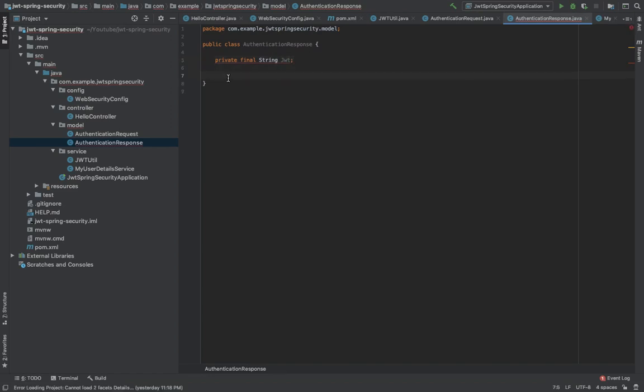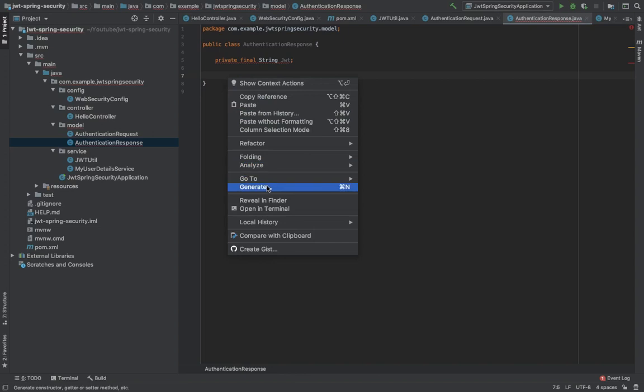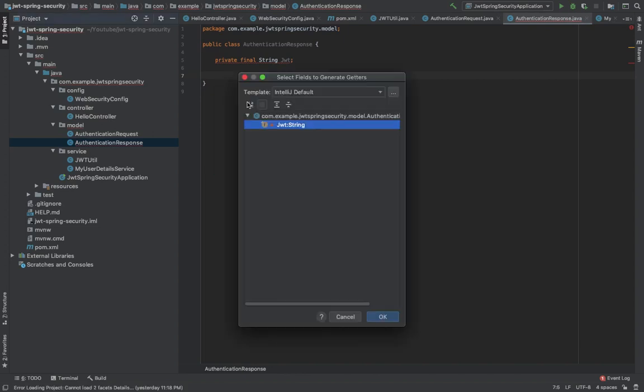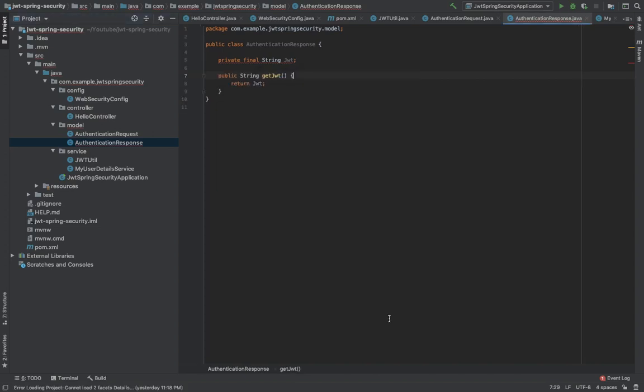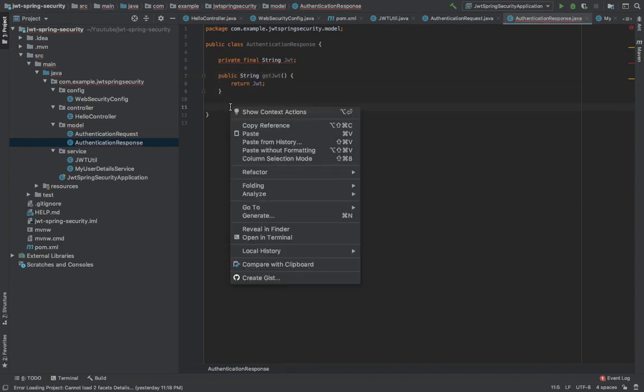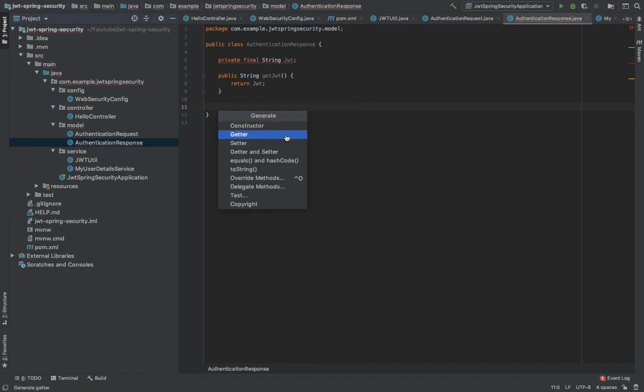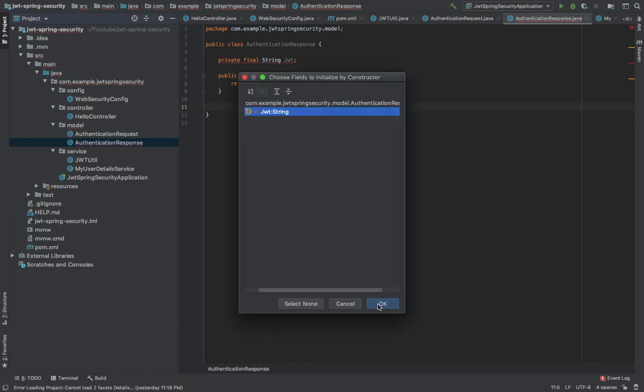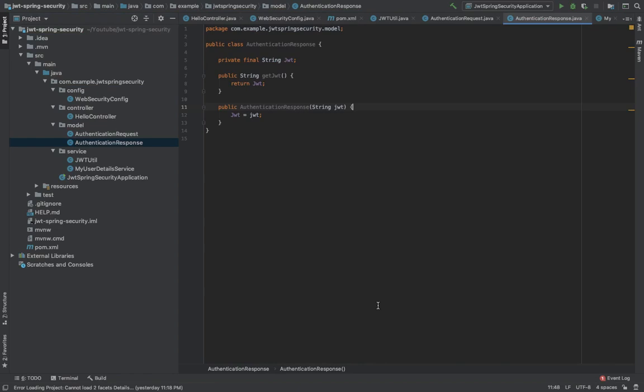Add a getter for this variable, and the constructor as well. Okay, so we are done with the request and response classes here. Now let's create the authenticate endpoint.